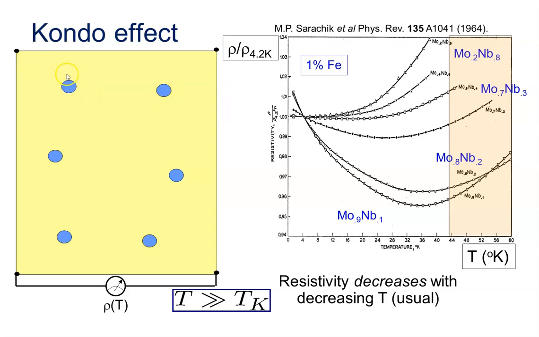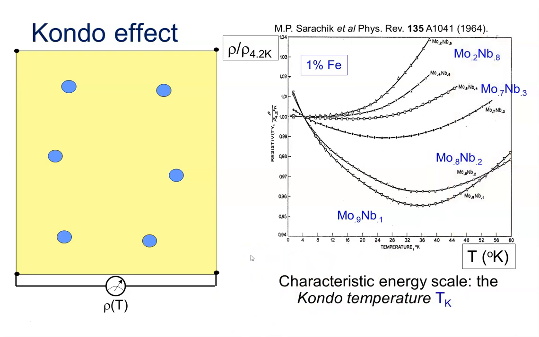So there's going to be electron-phonon scattering, but also scattering off these impurities here. And that's suppressed, as is another mechanism like disorder. This is also suppressed when the temperature decreases. But if the temperature reaches a characteristic scale, which I'm calling here the Kondo temperature, the TK,